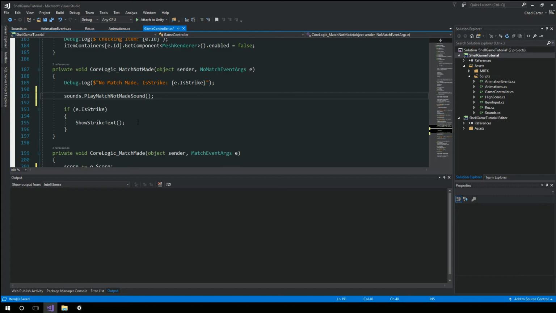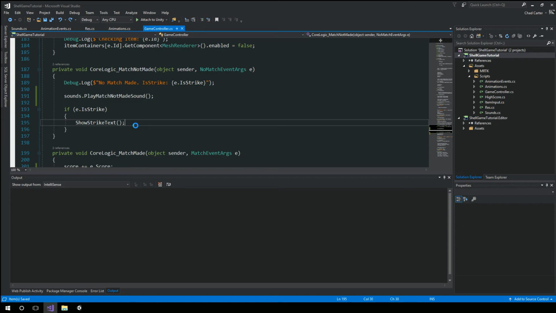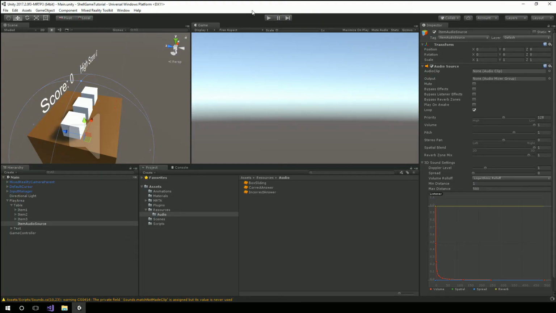And if you decided to make a strike sound, then you could do so here. Right underneath here, you could say something like sounds play strike sound, if you want to create a special sound for when the strike shows up. We don't have one. I'm not going to make one, but that's where you could easily put that code in there as well. So let's hit play here in Unity